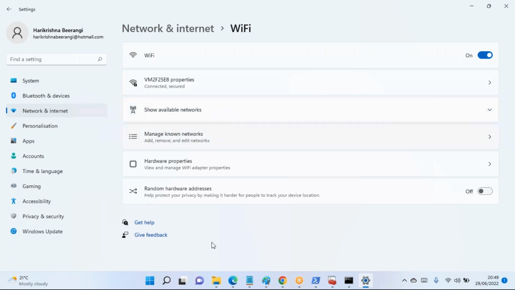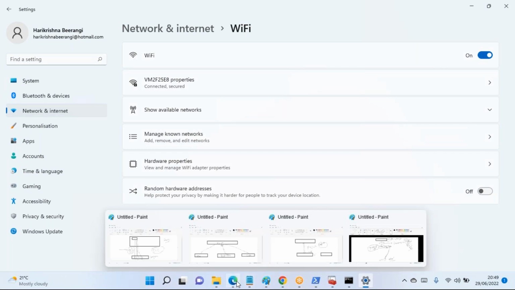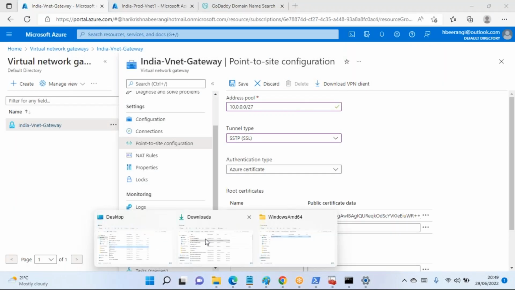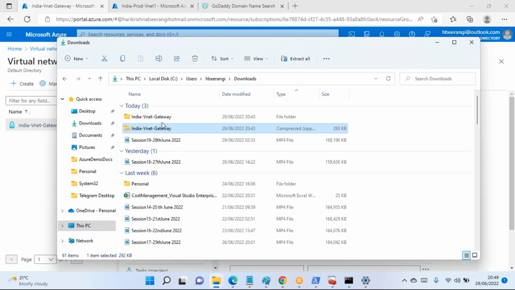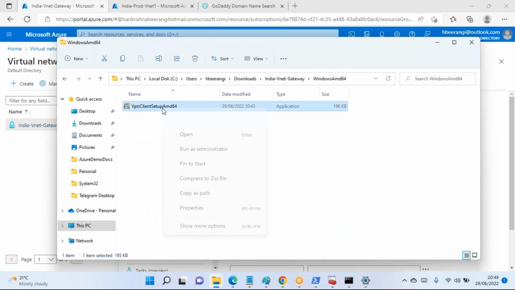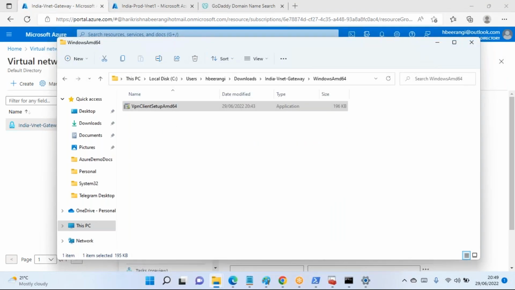Okay, now let me go to portal. Sorry, I have already downloaded this file, and VNet gateway AMD64. Right click on this, run as admin, yes and yes. So అక్కడ ఎస్ అని యాక్సెప్ట్ చేయగానే ఆ సెటప్ ఫైల్ బ్యాక్ ఎండ్ లో ఇన్స్టాల్ అయిపోతుంది అనమాట. It is a simple setup that you can do. Now